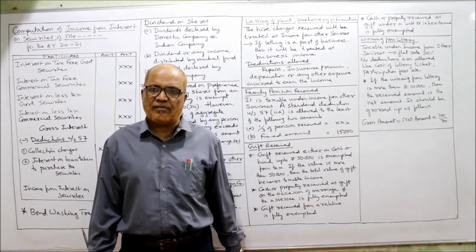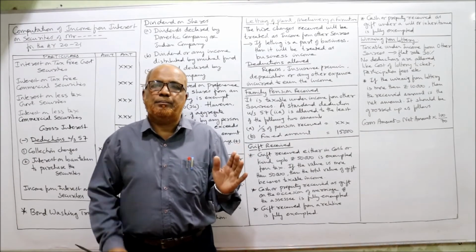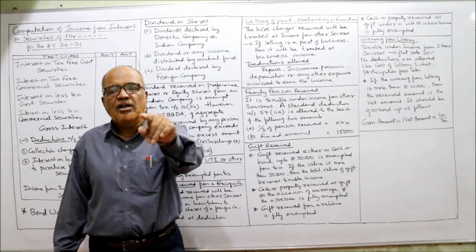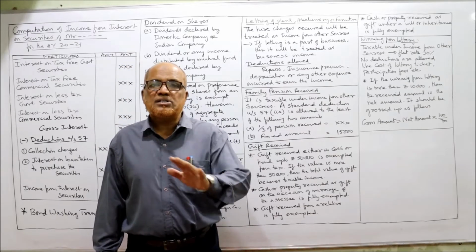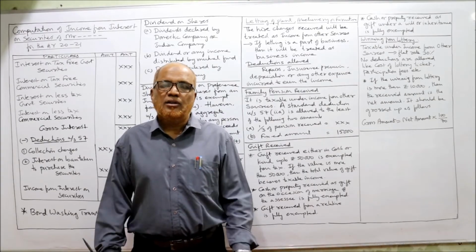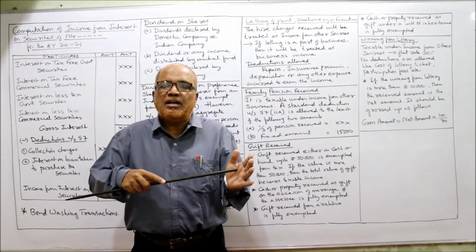He retired from the service. After retirement, the government is paying pension to him. Pension to Mr. X. So Mr. X is getting pension, it will be taxable in his salary income. Later on, Mr. X expired. Death of Mr. X. So according to the rules and regulations of the agreement, the government is giving the pension